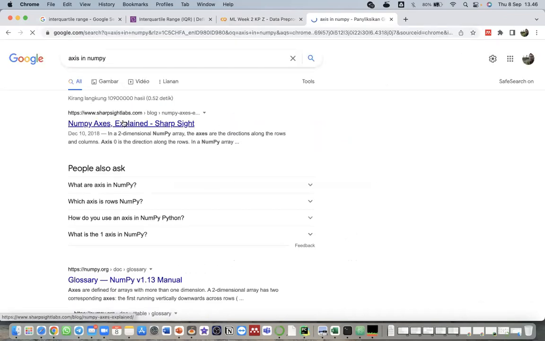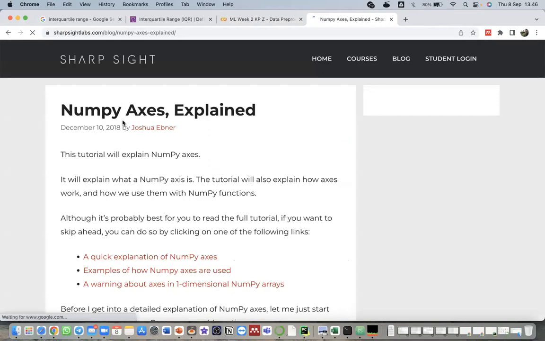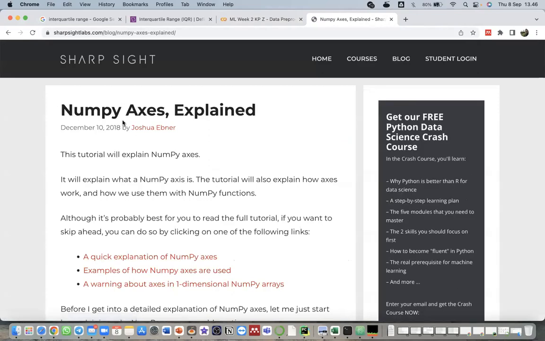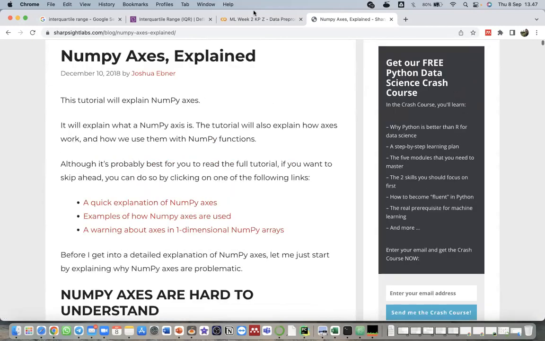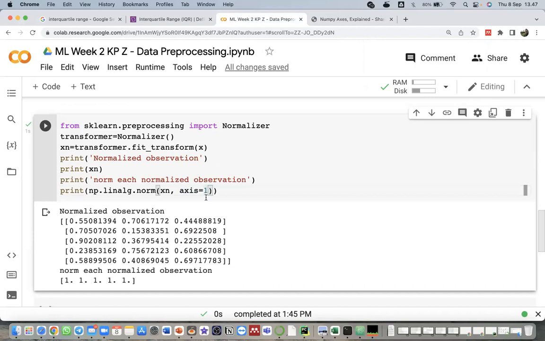If we use 1, it will result in 5 values, five rows. And if we use 0, it will result in 3 values, going down. Okay. So what happens if we change the axis value to 0?